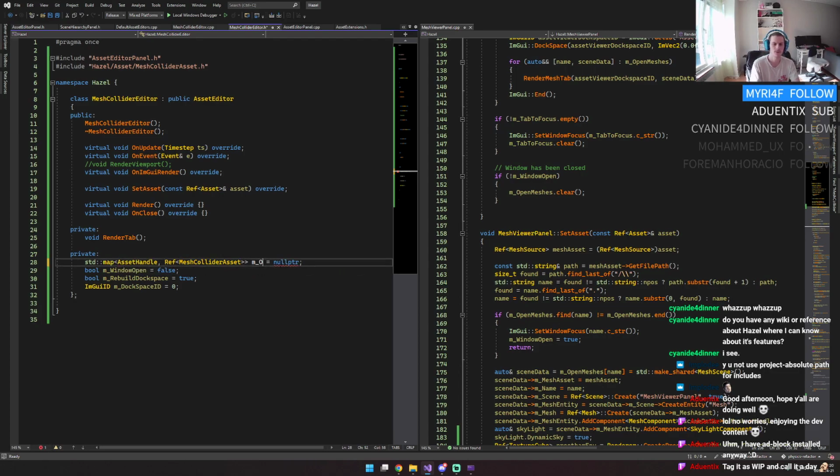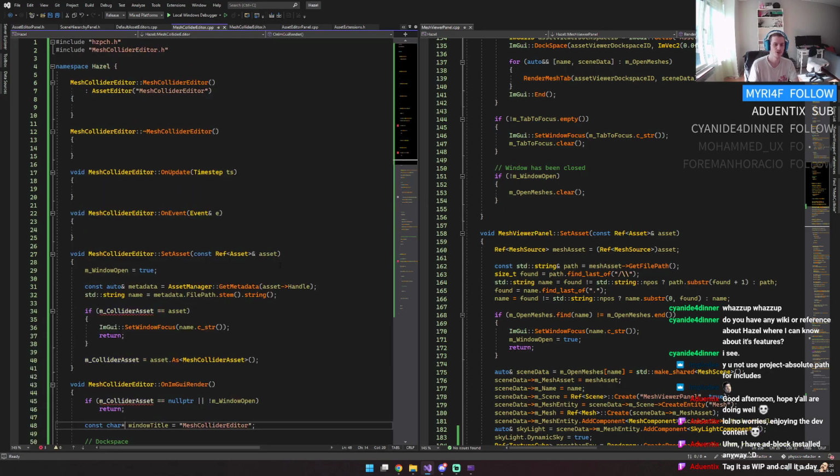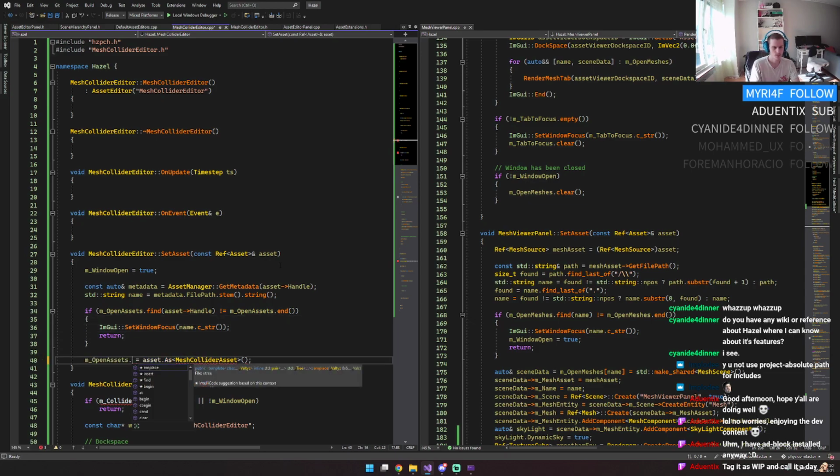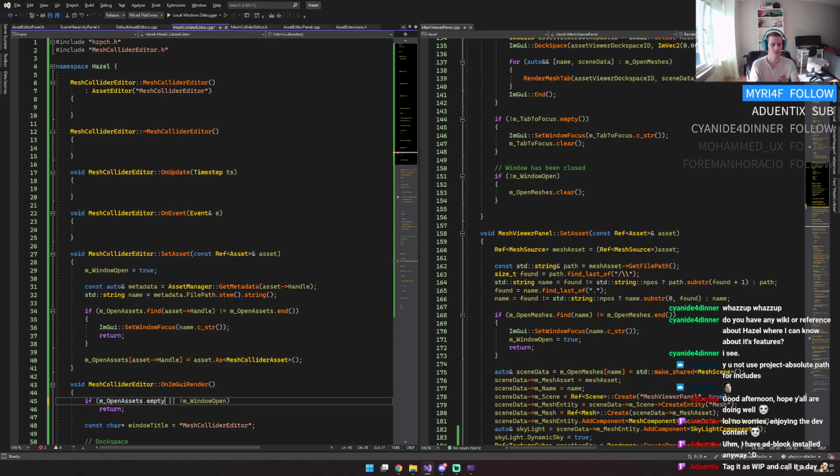Alright, you do open assets like that. Do I have access to map? I should have. So not equal that, we focus it. Otherwise, we do that. If empty,